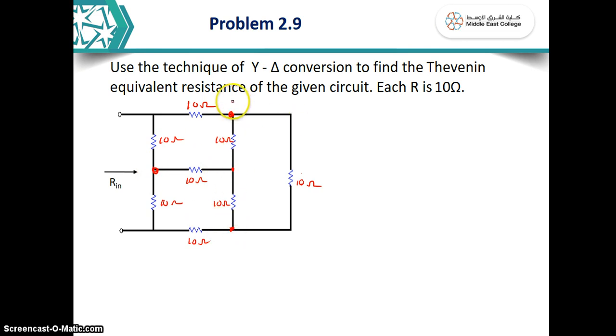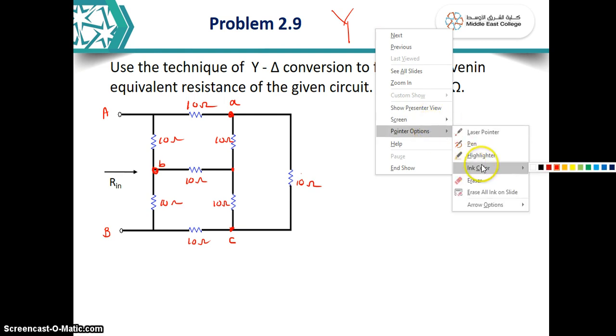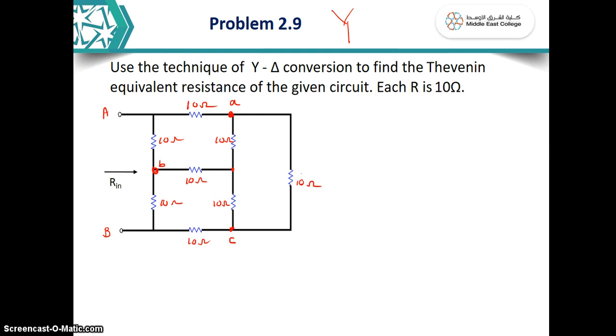So I can take, say, these 3 nodes: say A, say B, say C. Okay. So now we want to find R equivalent between A and B, as I marked before. Now when I convert this Y network to a delta network, the delta will look like this. When you convert it to delta, corresponding to these 2 points you have a resistor, these 2 points you have a resistor, these 2 points you have a resistor. Already I have shown this in the previous class.